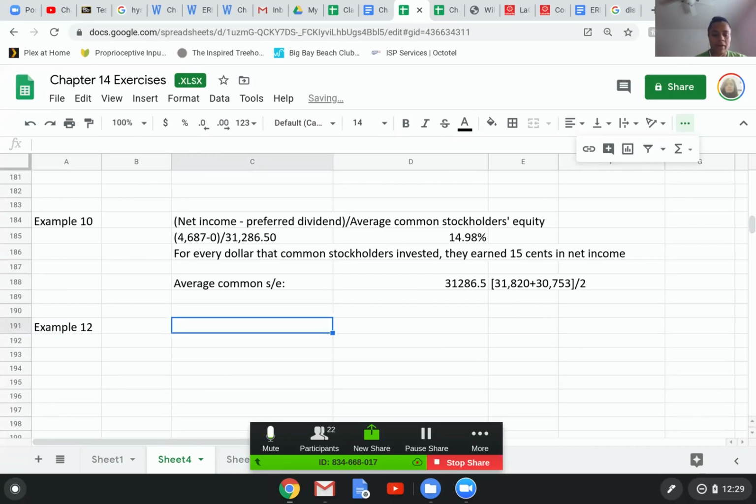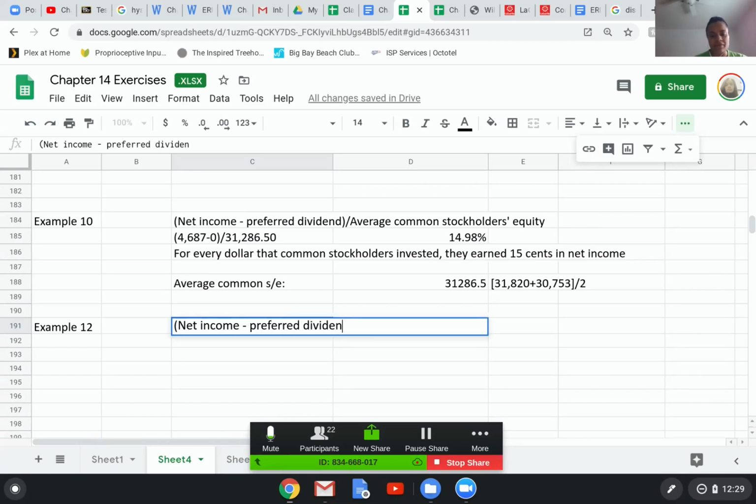Example 12, you're going to say, what's my net income minus any preferred dividend? Again, the preferred dividend is subtracted because these ratios relate specifically to common stockholders. So we have to remove anything that doesn't belong to common stockholders, divided by the weighted average common